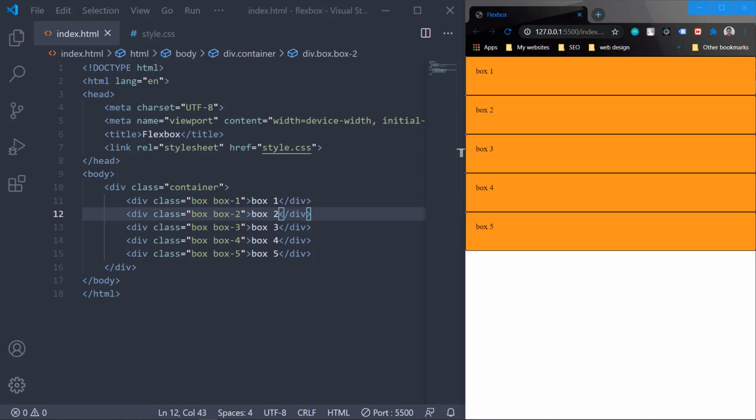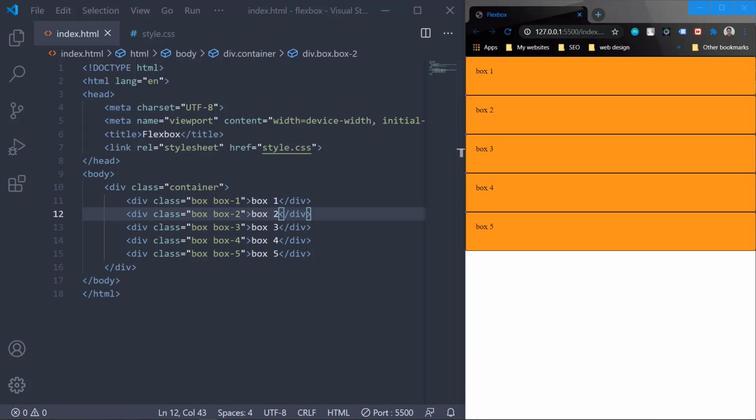Hello and welcome to another video, and in this video we are going to learn almost everything about Flexbox. This is a very important topic in modern CSS. Without knowing Flexbox properly, you cannot create a layout for your website. Although you can use grid, it also has some properties same as Flexbox.